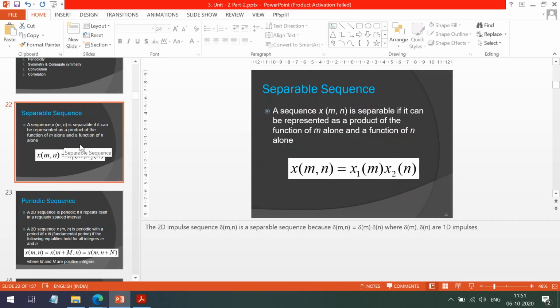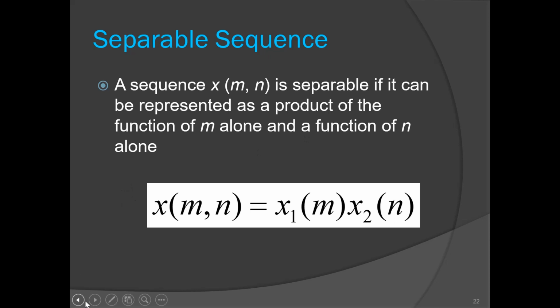So we have seen separable sequence. Let me give one example of a separable sequence. In one of the examples that we discussed in the earlier class, we saw the unit impulse sequence, where for most of the places we have zeros and we have only one at one place. It is just like one hot encoding. This is known as the unit impulse sequence. This is the 1D unit impulse sequence, and we may have a 2D impulse sequence also, like this. So this is our x of (m, n).